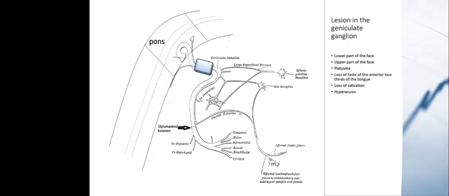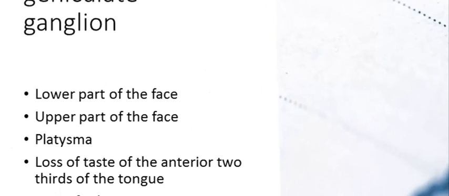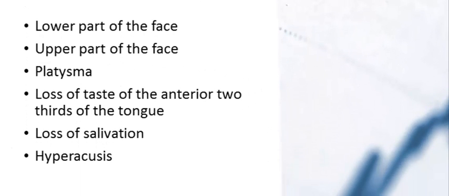If the lesion is in the geniculate ganglion, like herpes zoster, as I told you in the previous section, the lower part of the face will be affected, the upper part of the face will be affected, platysma will be affected, loss of taste of the anterior two-thirds of the tongue, loss of salivation on that side, hyperacusis